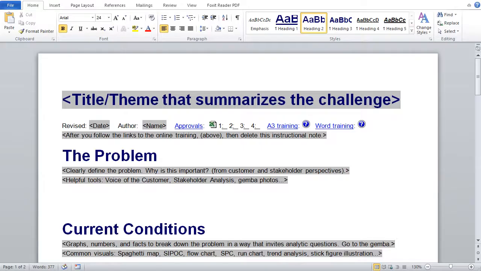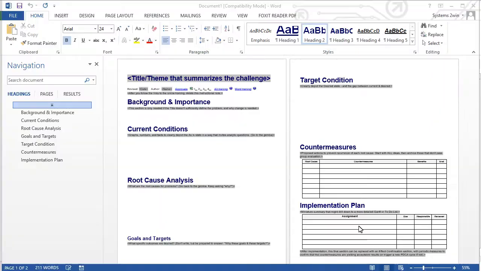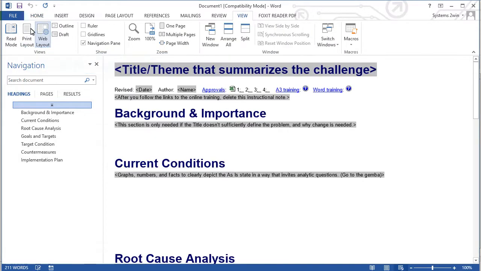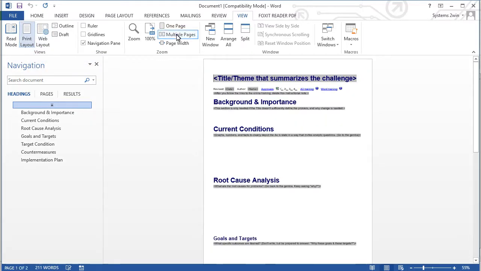Now it's rare, but if you ever get an error when you do that, then the fix is to open Word in the background first, and then come back into Excel and do this exact same thing, and everything will work just fine. Now if your A3 report opens up and it does not look like this, then that is because the view settings in your computer might need adjusting. Maybe you have web layout selected rather than the preferred print layout. Or maybe your Word is set up to display just one page instead of multiple pages.